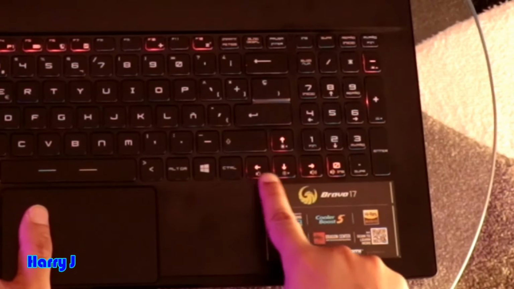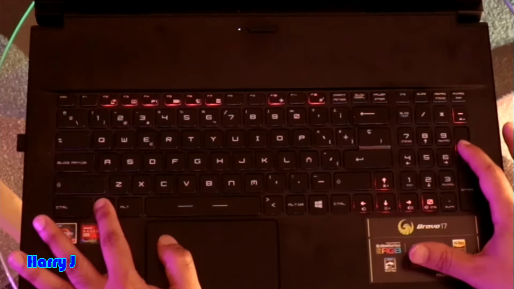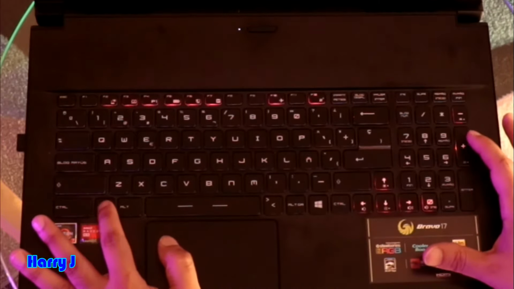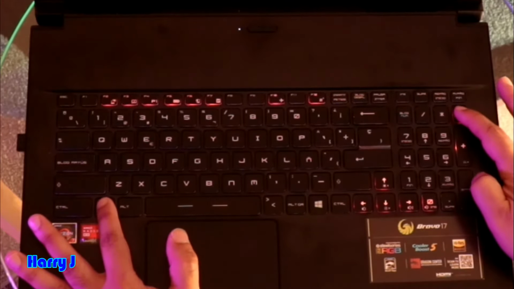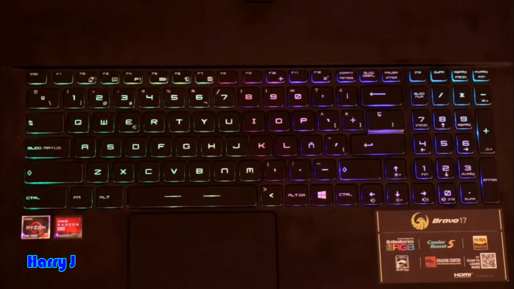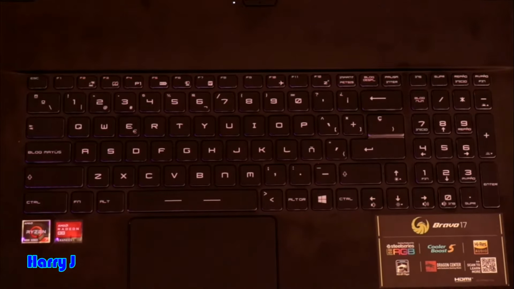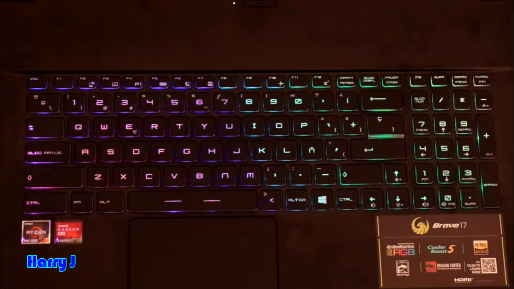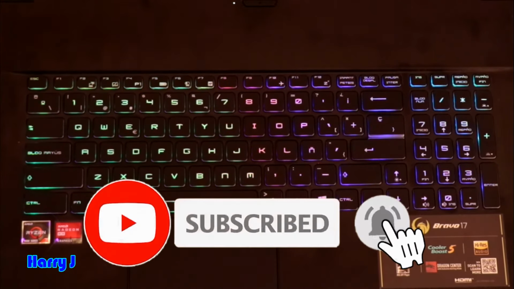Also volume, you see here this one is up and this one is down. And this one ups the brightness of the keyboard, if I'm not wrong. It's totally down. You see, I don't have any color. You notice that? Now I raise the brightness of the keyboard. See? So function key, and I hold up, and with this I hold down. You see, I don't have any color in the keyboard, no light. So I increase this one. Beautiful, isn't it? Okay guys, so this is the explanation of the keyboard of the MSI Bravo, could be 15, 17 or any other version.